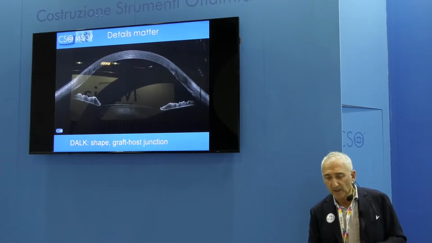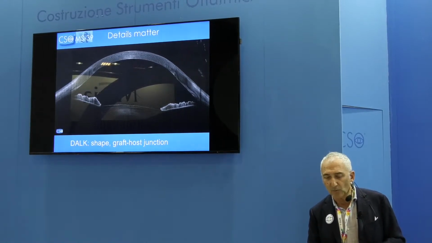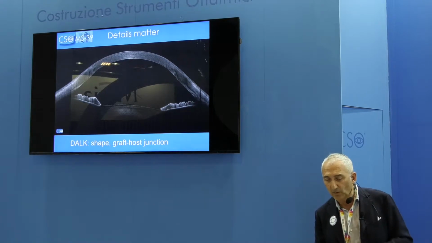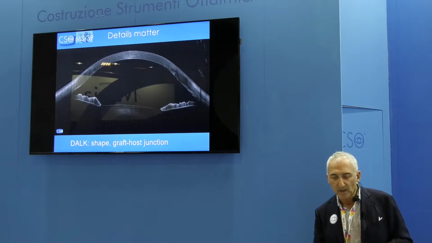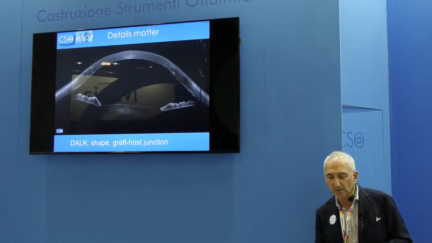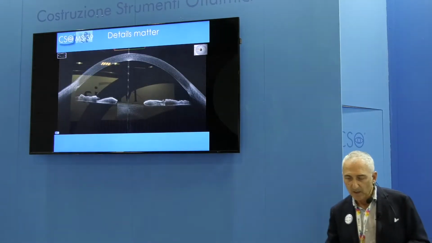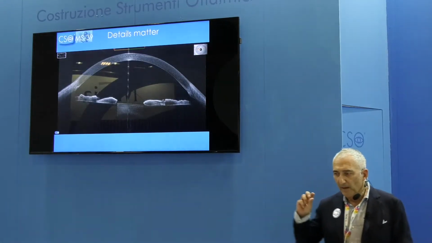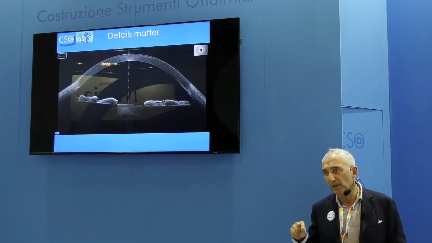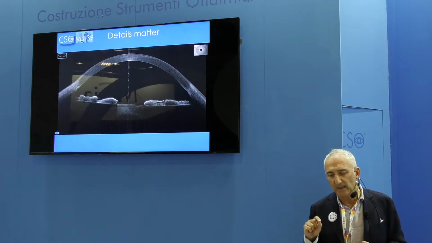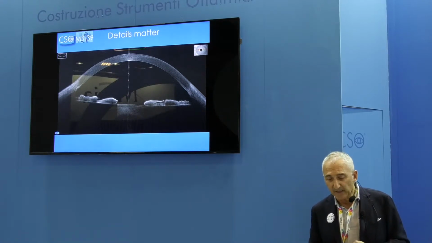Also, stroma is something which you might want to have a detailed look at, like this is a DALK procedure after 1 year, but we can still see some details about the graft-host junction and how regular it is. The anterior part of the cornea is especially important because with other instruments we really couldn't see with such a detail. In this case,